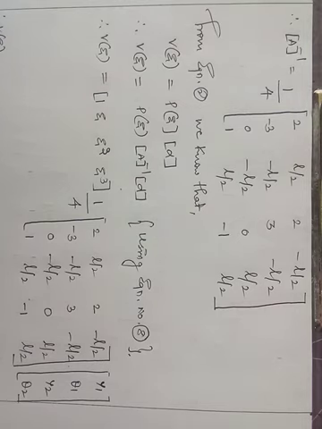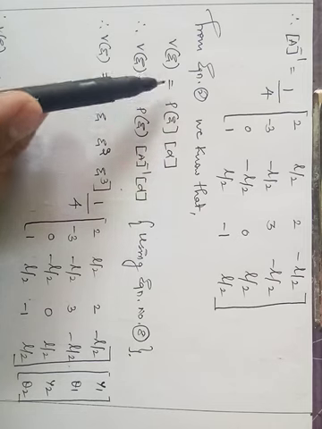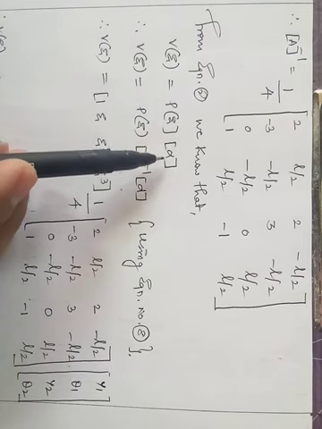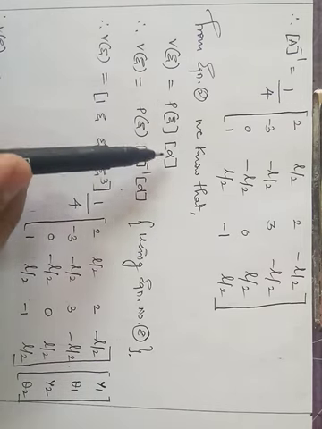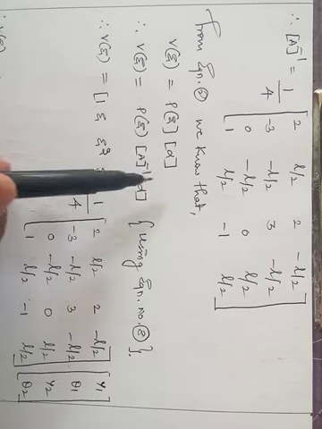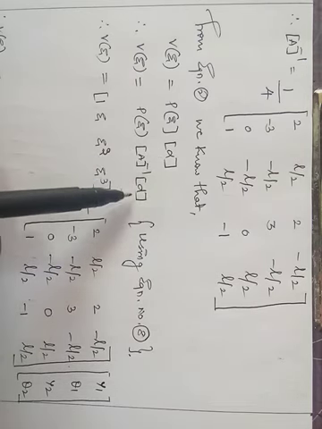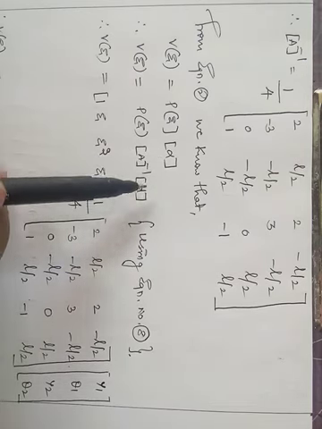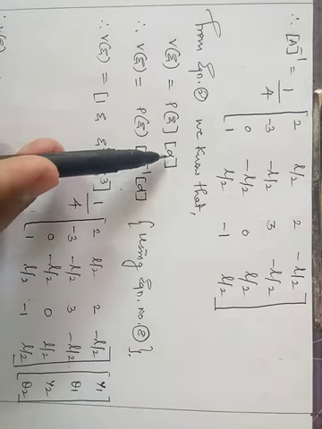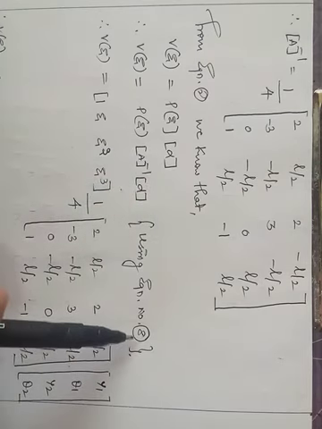So from equation number 2, I have rewritten equation number 2 here. V of zeta is equal to P of zeta into alpha, P of zeta as it is. Now this alpha, I will replace by A inverse into D. How have I done this? I have shown how alpha is A inverse into D in equation number 8.